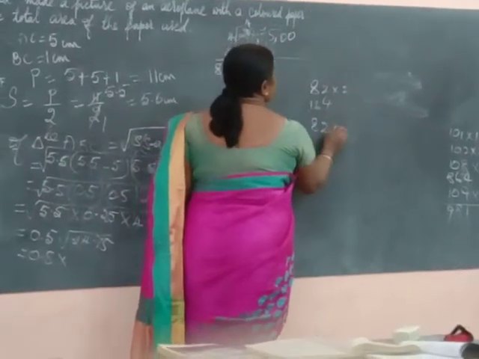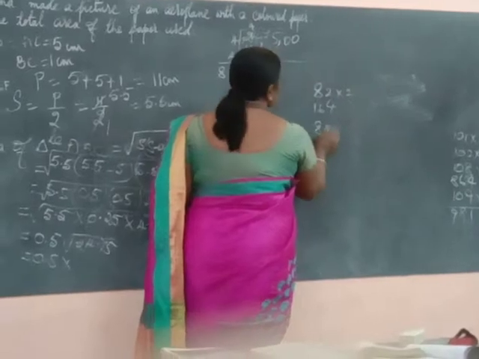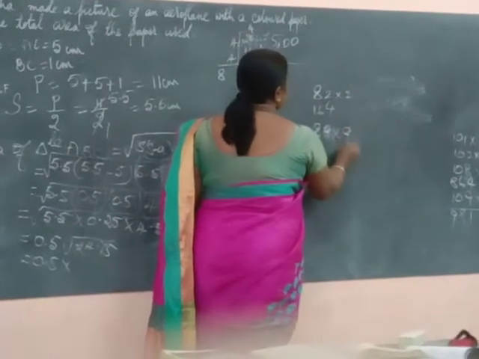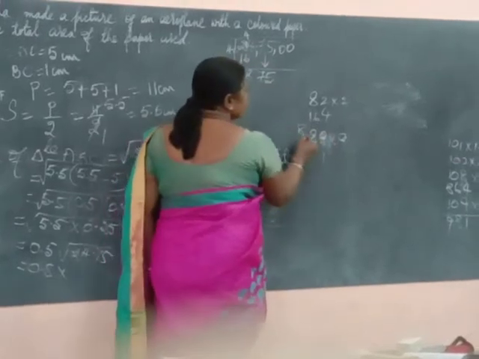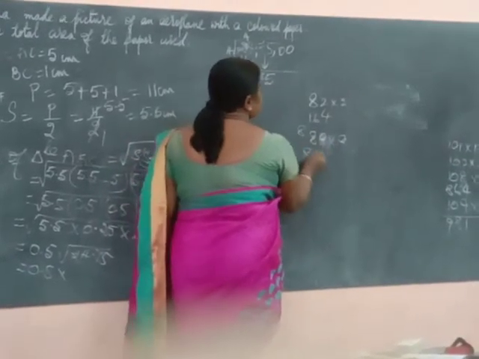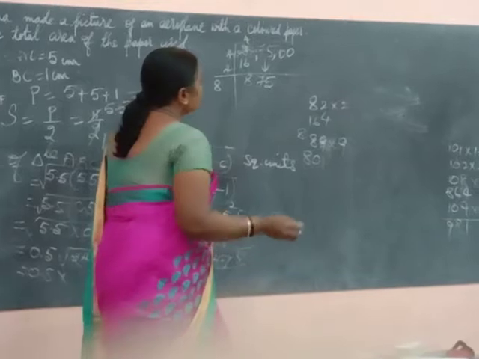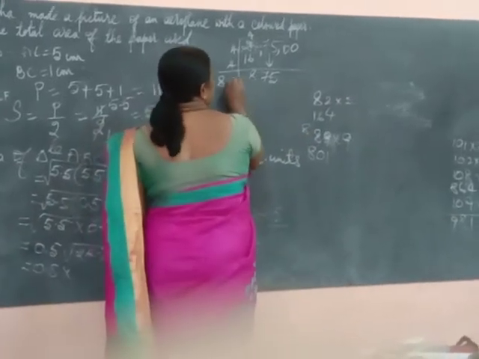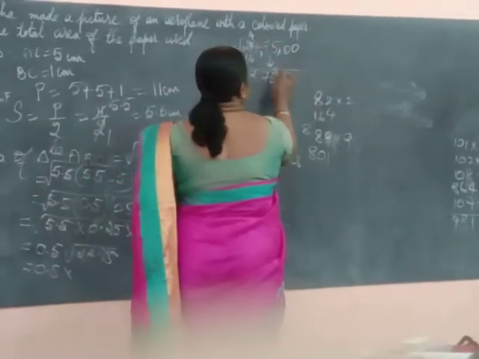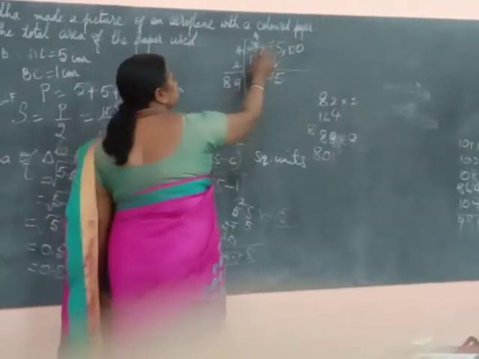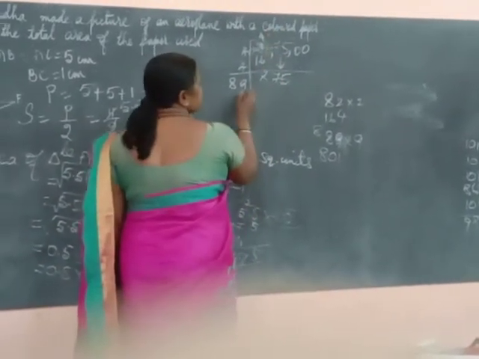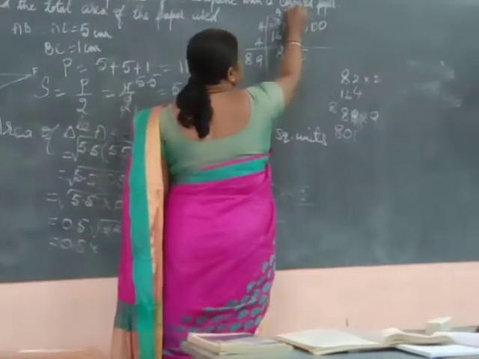So 9 is okay. You can take 9. 9 nines are 81. 8 nines is 72 plus 8 is 801. Okay, 9 is the last number. Here we have taken 2 digits. Before that we have the decimal place. So let us write here decimal point, and then 89. 9 is how much?